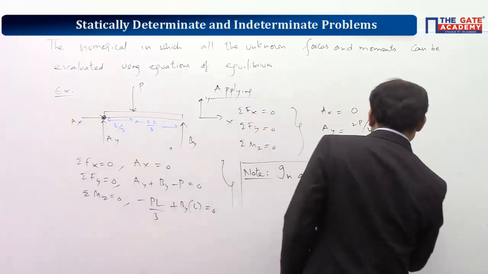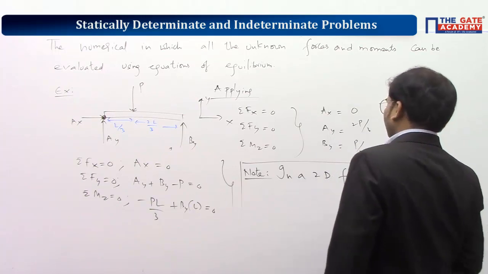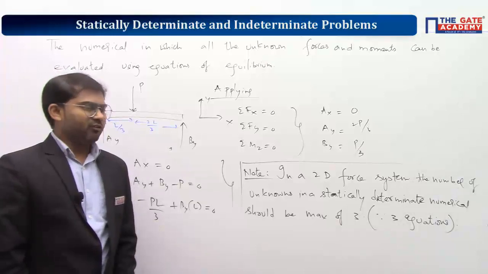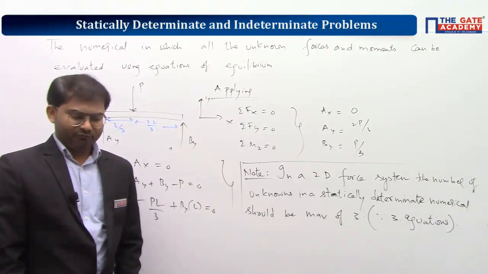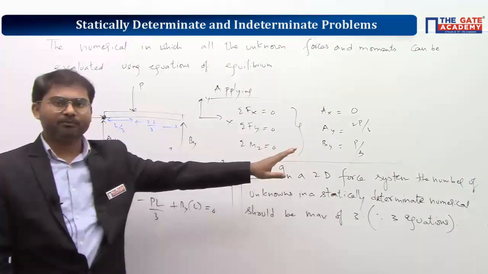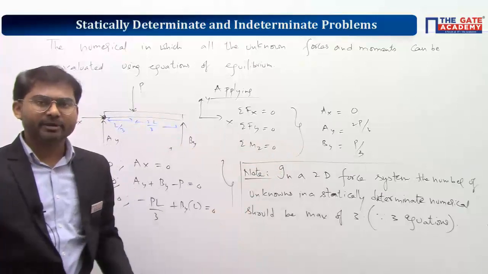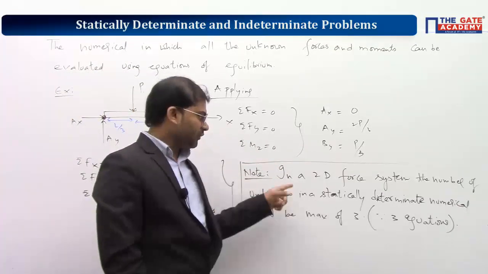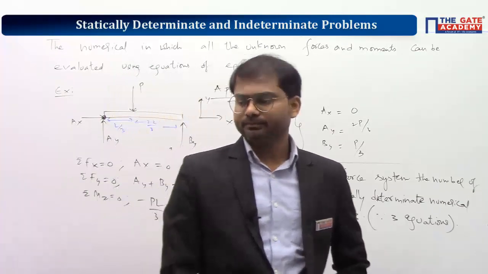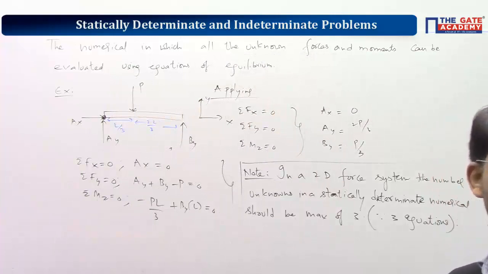In a 2D system, okay? After this, I want you people to tell me, if you are going by 3D system, how many unknowns should be there at maximum, so that it becomes a statically determinate numerical. May I know the answer? For a 2D system, I have given the answer as 3. For a 3D system, how much should this number be? Can you guys tell me? Yeah, 6, because we have 6 equations, so we can get a maximum of 6 unknown values. So the number of unknowns should not go beyond 6.